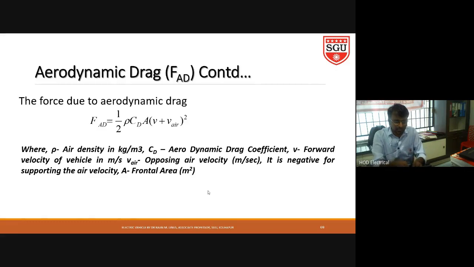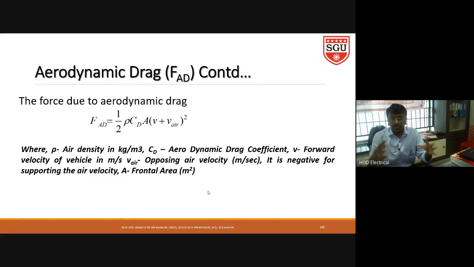If suppose there is no movement of air, wind velocity VAR is equal to 0. Even then, if the vehicle is moving in any space, there is an aerodynamic force. That aerodynamic drag force is nothing but half rho CDA V square. V is the velocity of the car.